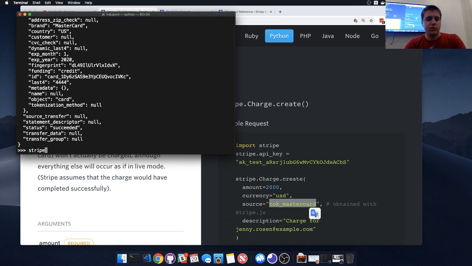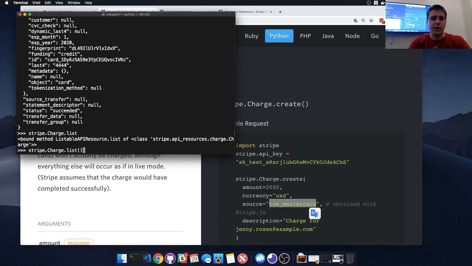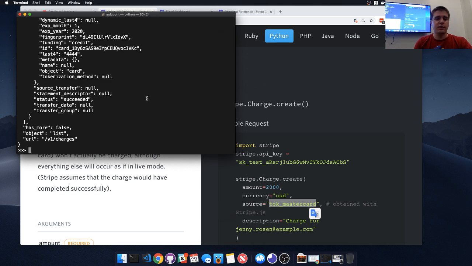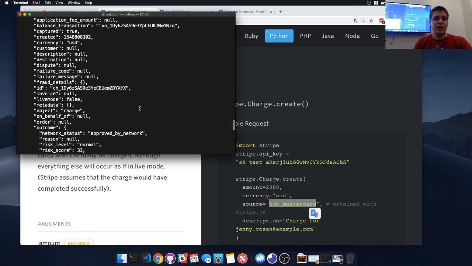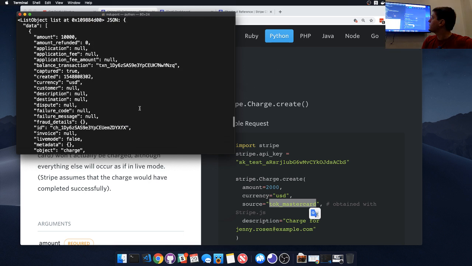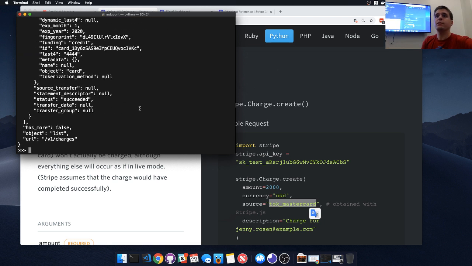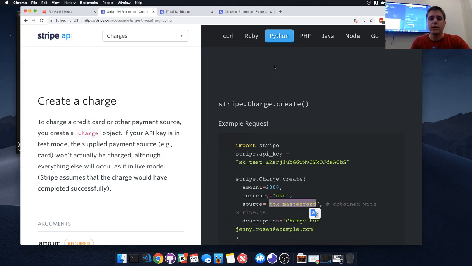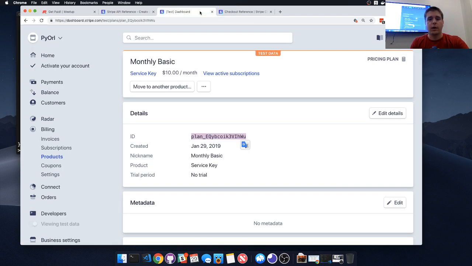So just to show another one, we can do stripe charge. I think they had a list one in there. Yeah, bound method. And that just returns a paginated view or object of all of the different charges that have been made. And we can also do this for our plans and our products as well. But quickly, moving back into our dashboard, if we come back over here,